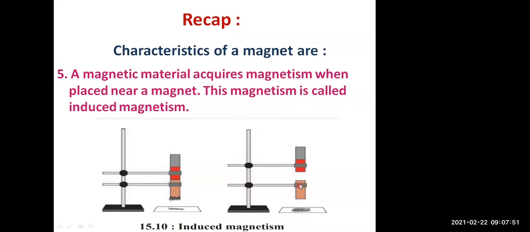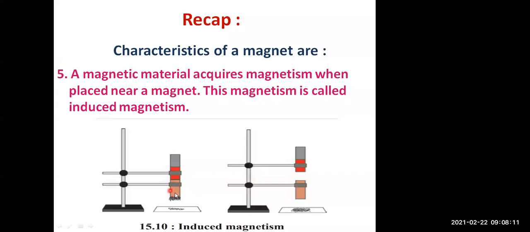But as soon as you bring these two near each other, when you attach the bar magnet to the iron bar, what happens? Because of the bar magnet, the iron bar will start behaving like a magnet.